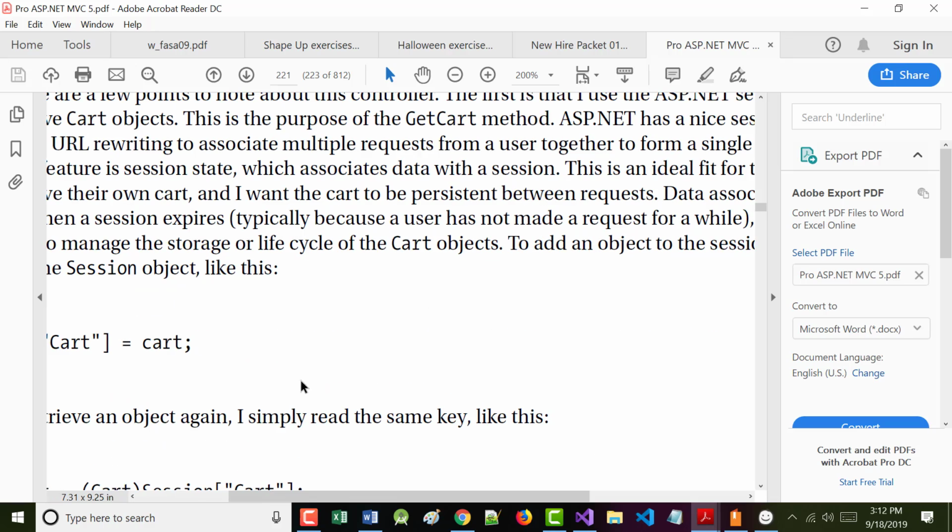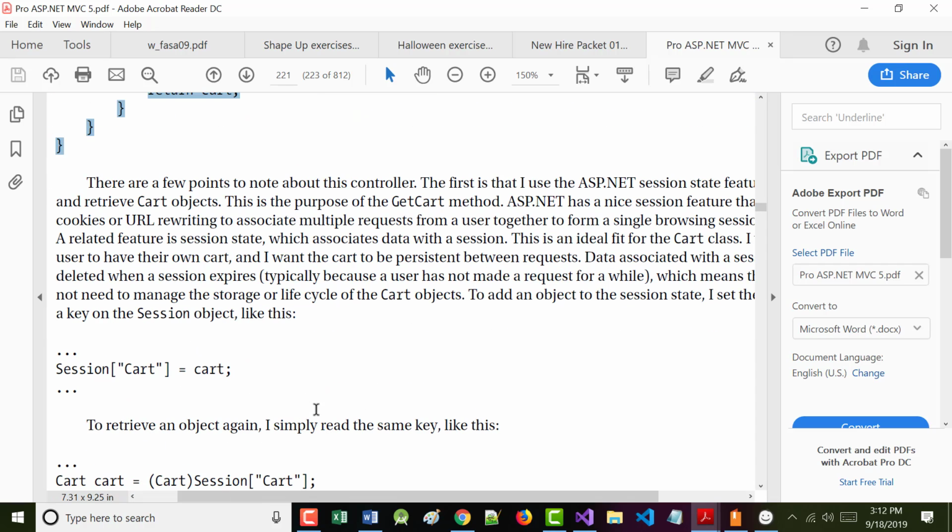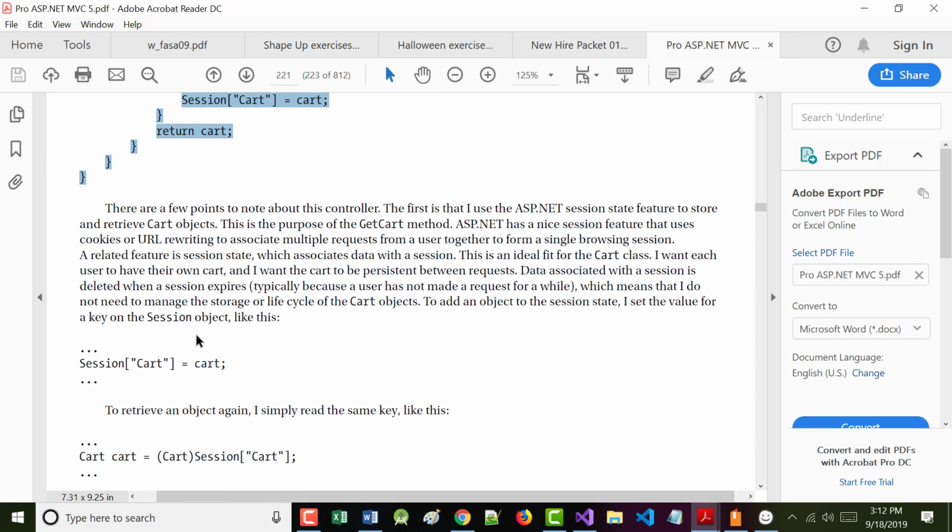All right. So the author says there's a few key points to make here regarding this controller. The first, again, as I already mentioned, that's why I preceded it with this, is they use a session object. Let me just tell you that in web forms, you use sessions virtually everywhere. Many people found this very hard to work with.